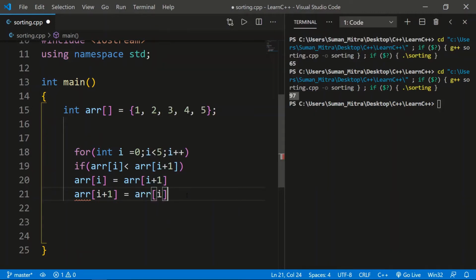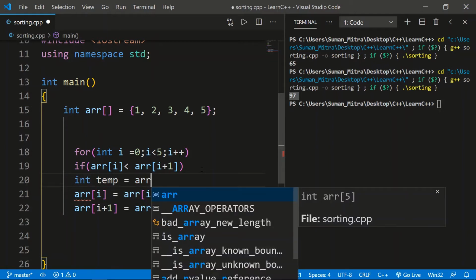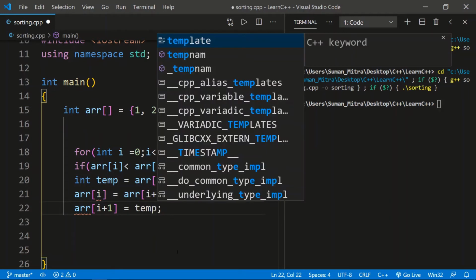Okay, now you can see there might be a little bit of error. You can see that the ARR for the first value already took the value of the second one. Now if you write here this value ARR i, this is the value of the same, so both become same. For this we need to make one more temporary integer value. We'll write temp equals ARR of i, so that we can access this value. We can keep the value of ARR i undisturbed first and later on we'll just write here temp. I hope you got why you are using this.